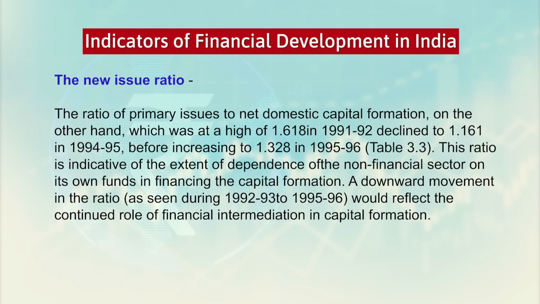Next comes the new issue ratio. The new issue ratio is a ratio of primary issues to net domestic capital formation. On the other hand, this was high in 91-92, at around 1.618, but then it declined to 1.161 in 94-95, before again increasing to around 1.328 in 95-96. Basically, this ratio, that is the new issue ratio, is indicative of the extent of dependence of